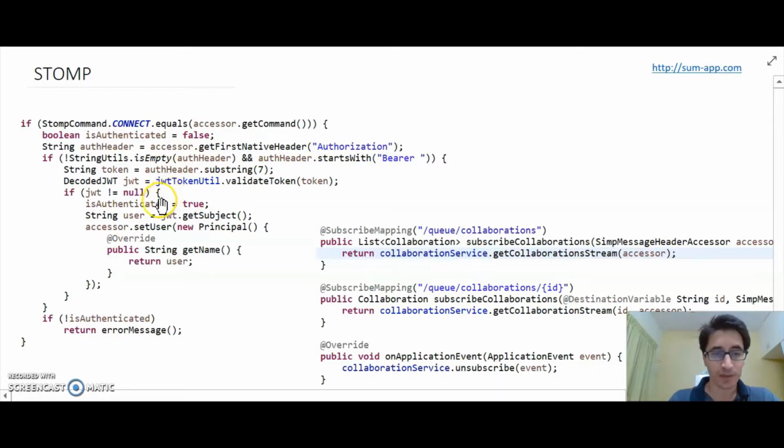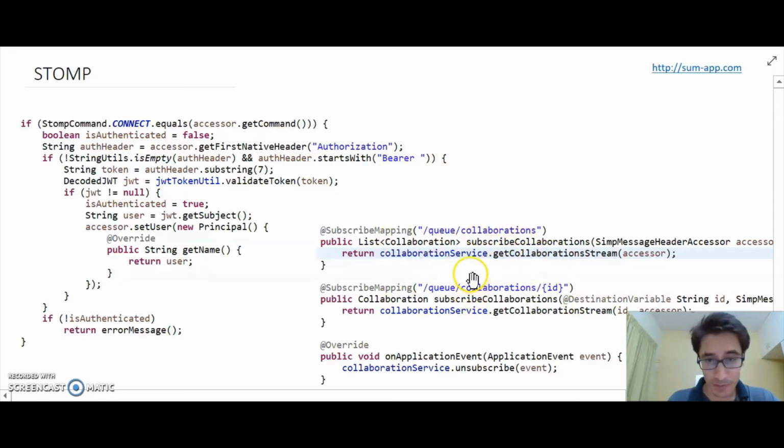So the server decodes the JWT token and extracts the user principal, and can also extract other aspects from the token or determine additional attributes by triggering more messages in response. Once the server is satisfied and acknowledges, its response to the Stomp command would be a connected message. If not, the server would send an error Stomp message to the client. The other snippet that you see is the subscription management.